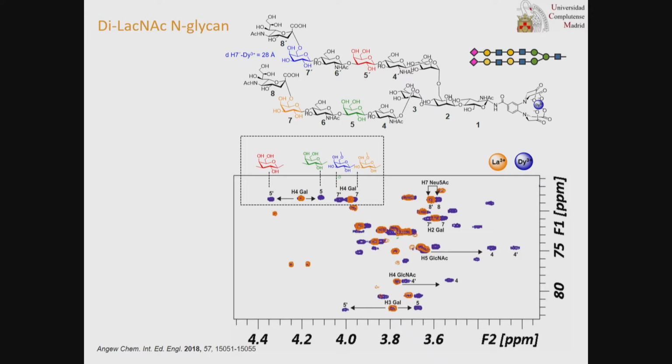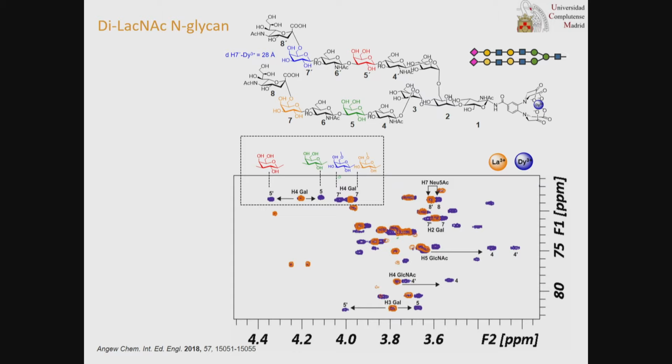In the standard experiments, you have just 2 peaks. In this orange peak, you have 2 galactoses, and in this other orange peak, you have the other 2. But when we acquired the experiment with dysprosium, we have 4 peaks. And this is nice because we can again distinguish every galactose. This is just an example because it's one of the parts that I really like, but we can also distinguish the sialic acids and most of the signals of the molecule,